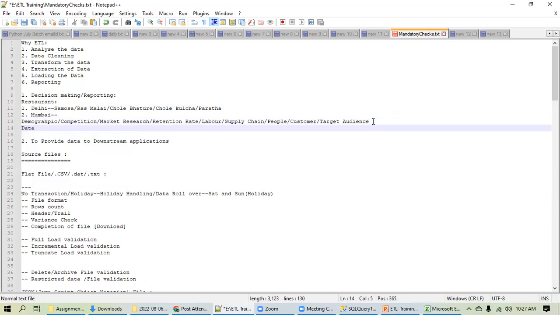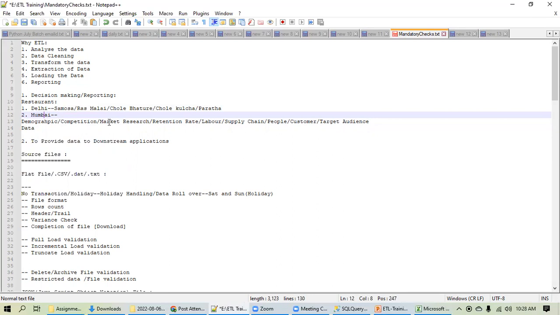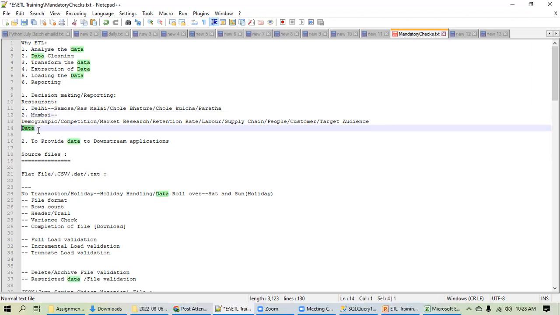So we understood that before I shift to either Mumbai, Chennai, Bangalore, or any other location, one thing is sure: first of all, I have to understand my target audience, their taste, and obviously the demographic and all this stuff. Many other parameters are there. But to do research on all those things, to do the analysis, the first thing is data. You all agree or not? Yes. Okay, fine.